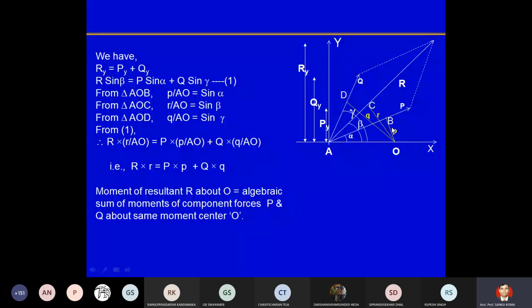So if you put the value of sin alpha, sin beta and sin gamma in equation number 1, then you can get R into small r divided by AO is equal to P into small p divided by AO plus Q into